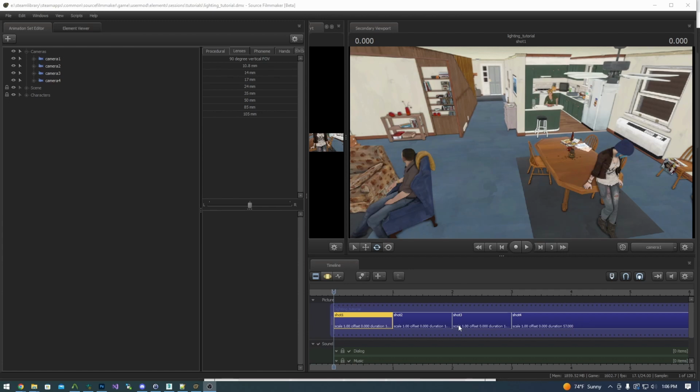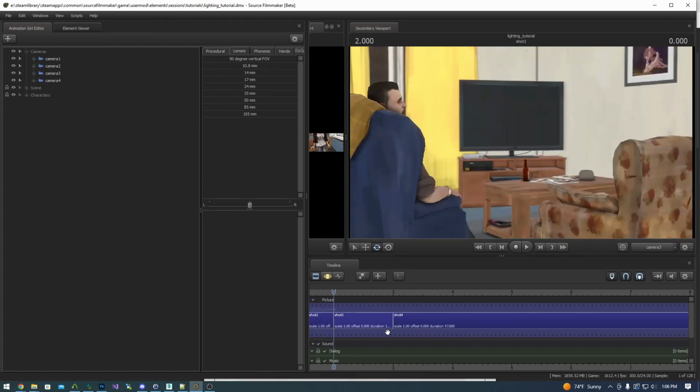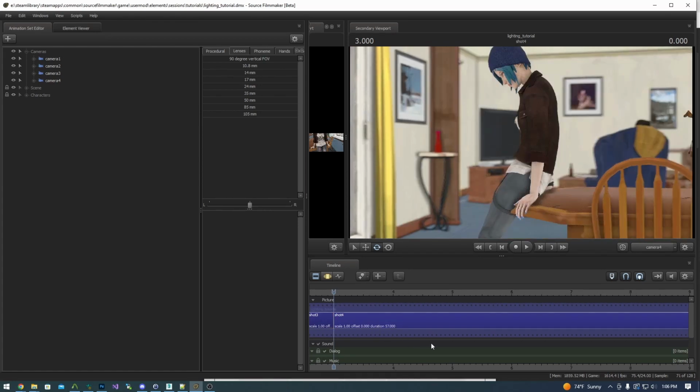Our first shot is an establishing wide shot showing the scene as a whole. Our second shot is a close-up of Joyce as she speaks to David, and then we have a shot of David responding, while we have a shot of Chloe trying to ignore all of them. So, as we can see across these 4 shots, we're going to need to light basically the entire first floor of this house. So, that is our goal of what we need to light, and with that in mind, we